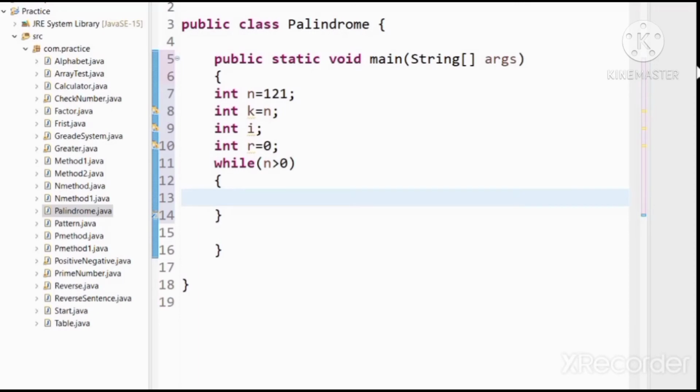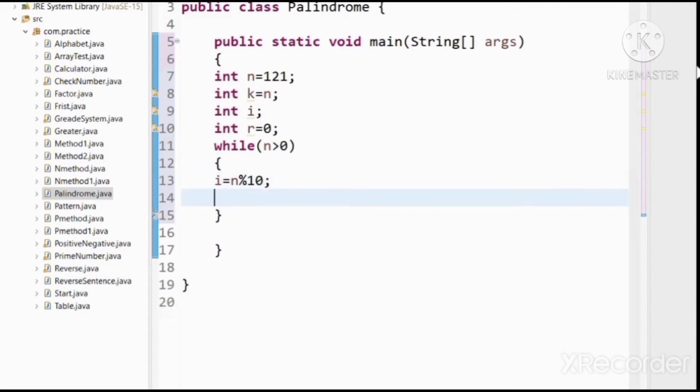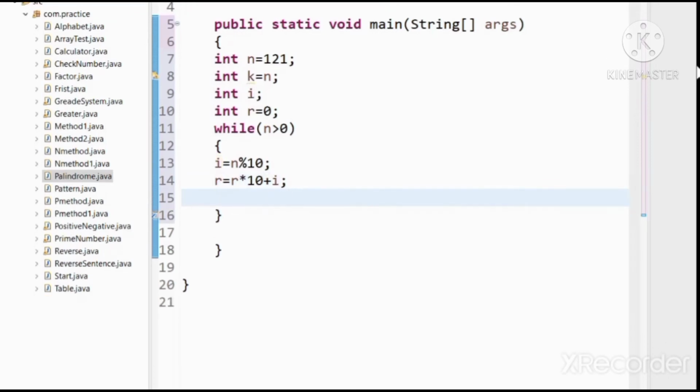While n is greater than 0, then i is equal to n modulus 10. r is equal to r into 10 plus i. n is equal to n divided by 10.